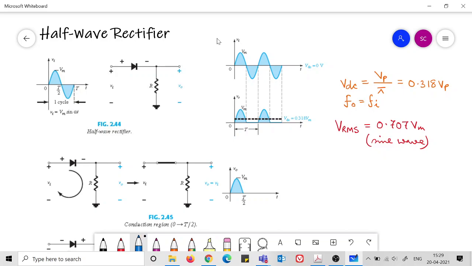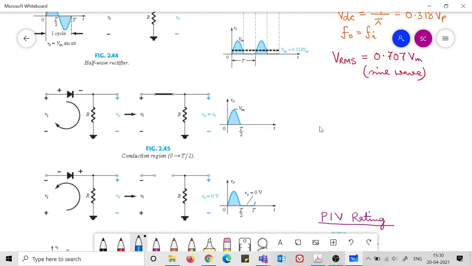Also, one more thing, practice drawing this sort of Vi and V0 graph on top of each other. Here the time instances are made fixed, so we are trying to see what is happening to the output when the input is like this. In the input positive half cycle, what is the output? In the input negative half cycle, what is the output? So these dotted vertical lines are very important. This sort of drawing you should also practice.